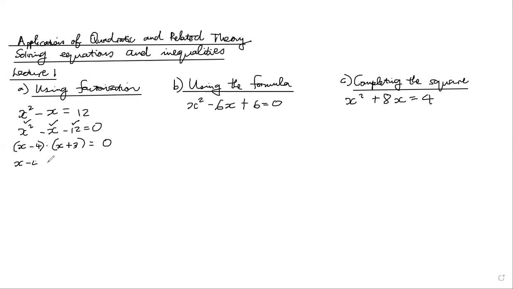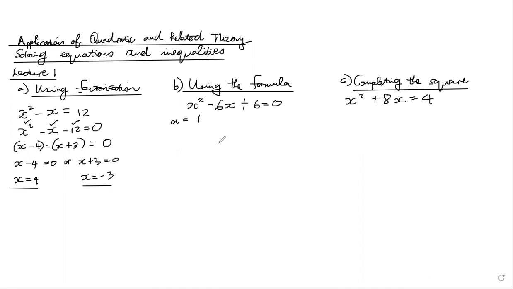So the first factor is equal to 0, or the second factor is equal to 0. That shows us that x equals plus 4 or x equals negative 3 as our final answers. So that's a very useful method to know, tested often in exams, especially in the last year or two of your schooling life. Using the formula, so here we'll see the coefficient of x squared, we call that a, the